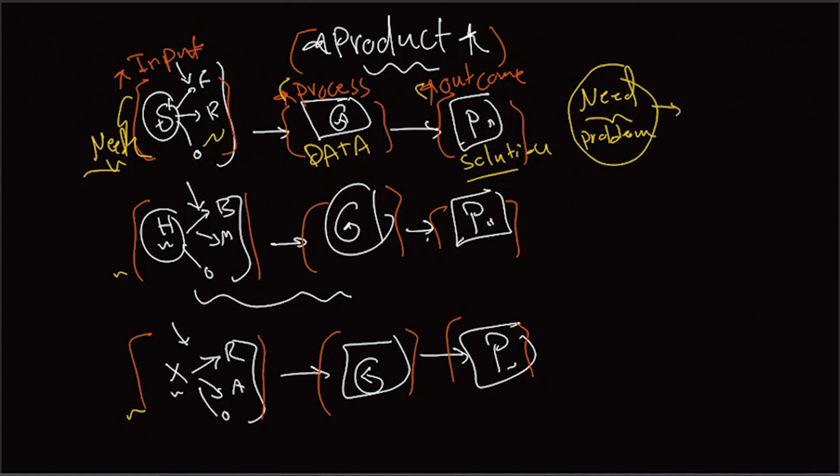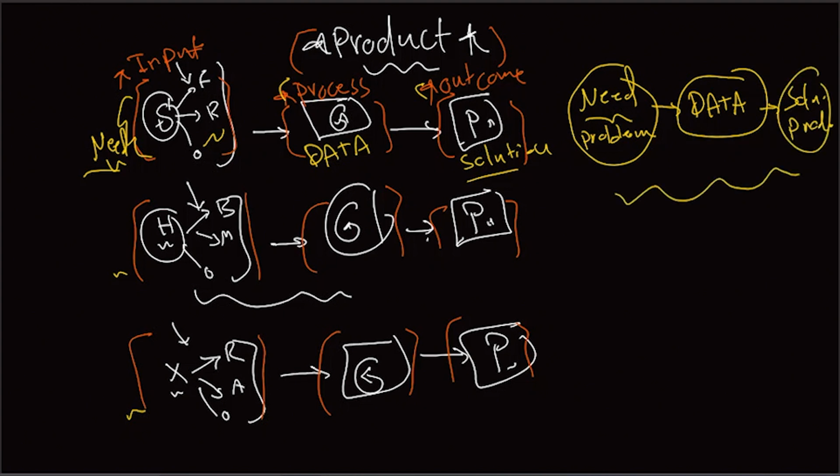And then we have this data here in the second block, which is actually in line with the word process. And finally, you have the solution that we are talking about, or the product. Now, how does the Big Bang of data science perceive all of this to design the entire element of its component?